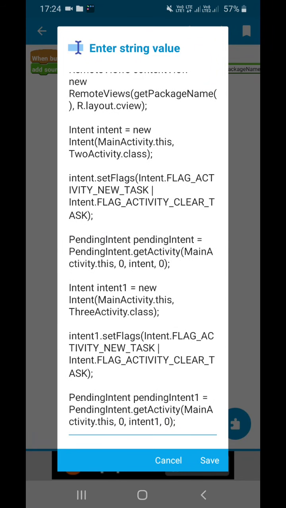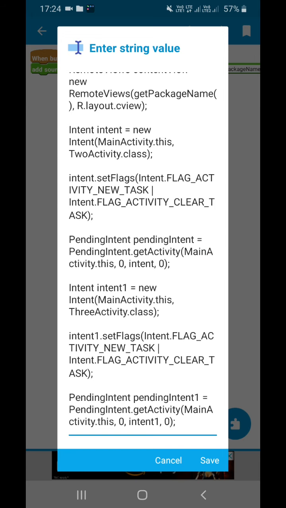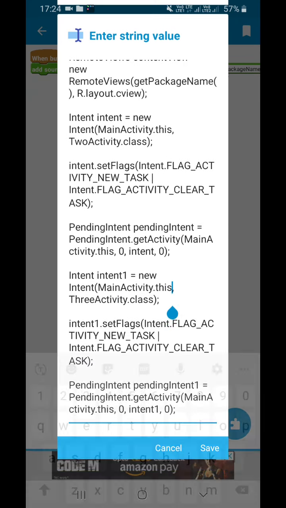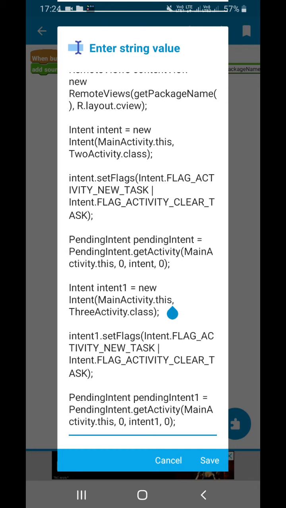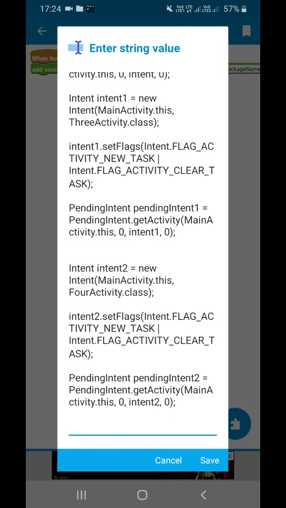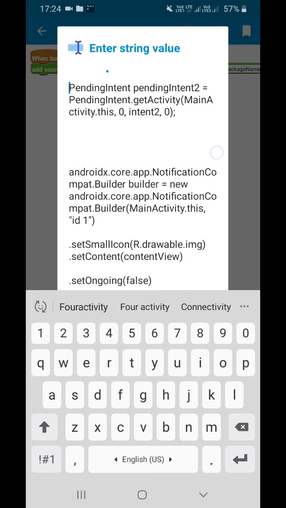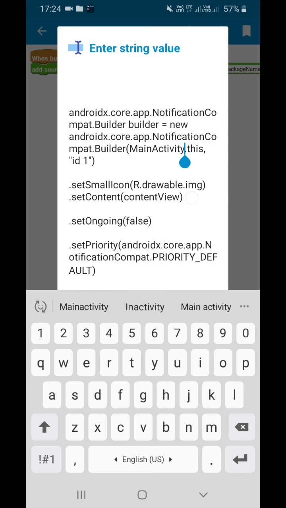Now you have to put the pending intent. Then intent 1, next intent, main activity to third activity, this one is this and this one is class. Then intent 1 flag, activity flag. Similarly pending intent, similarly you have to do from main to fourth activity, and again from main with id 1. Here you have to give the main activity name.